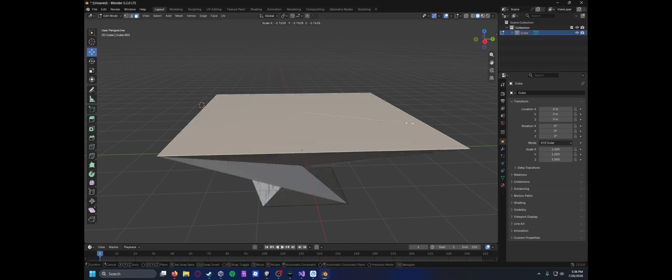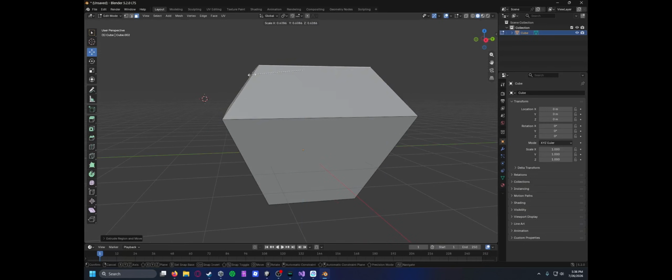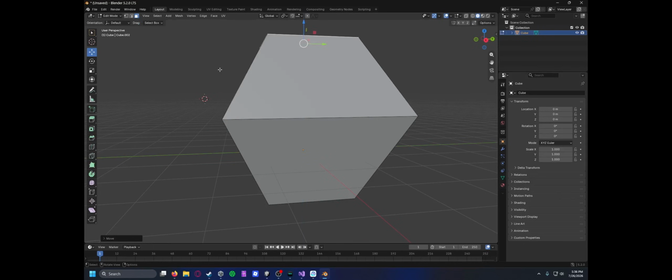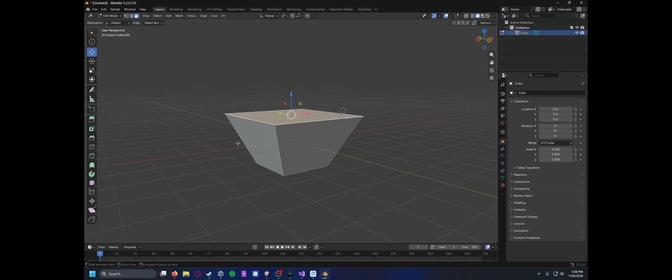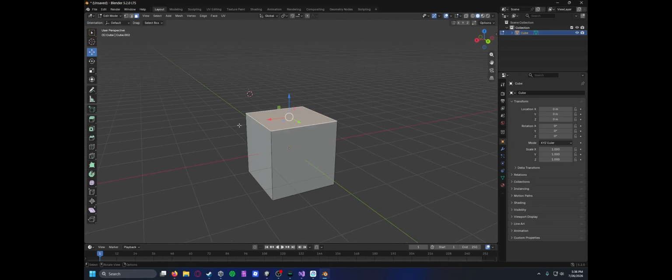Sorry if I'm not very good at tutorials. If you have a question, just leave it in the description and I'll most likely answer. But yeah, you can make a bunch of cool shapes with this just by knowing the keybinds. But yeah, so once you've done that,